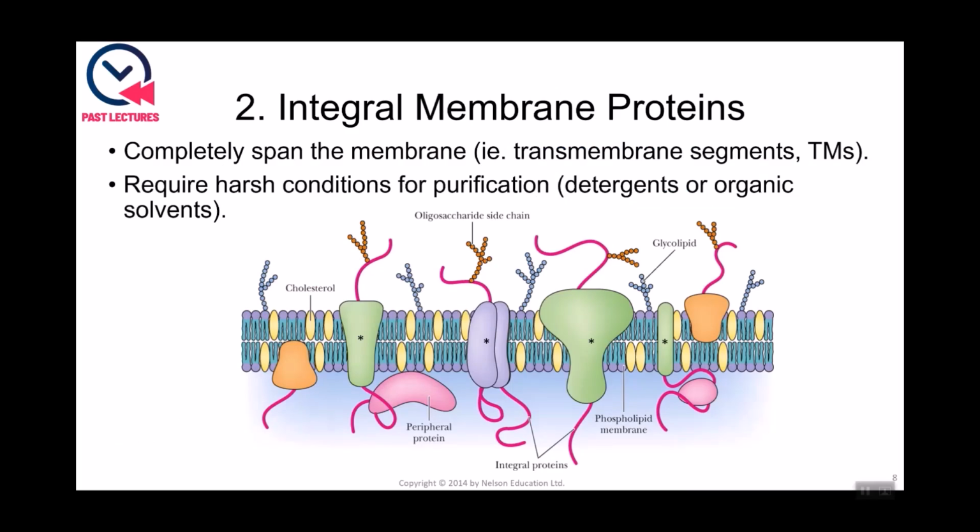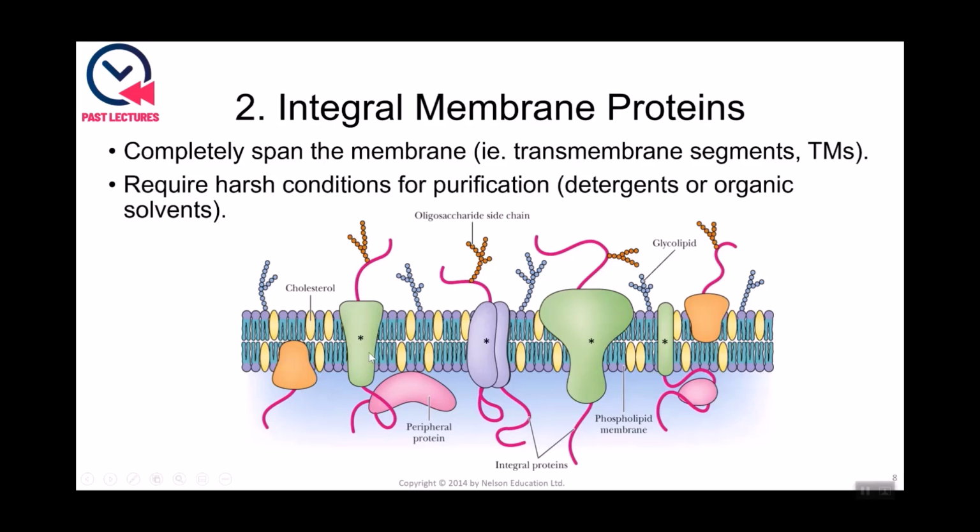Integral membrane proteins are more tightly associated and span the lipid bilayer, and we generally refer to the polypeptide chains that are going through the membrane as transmembrane segments, or TMs. Because they do span the membrane, they require harsher conditions like detergents or organic solvents. Detergents look like the lipids and can replace the lipids and coat the membrane protein in order to solubilize them for purification. So these detergents are also going to be solubilizing the peripheral proteins, but